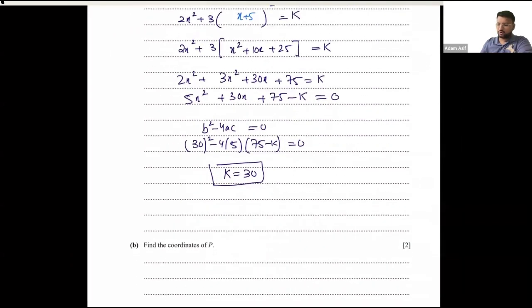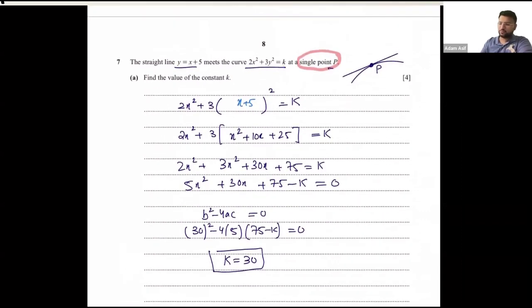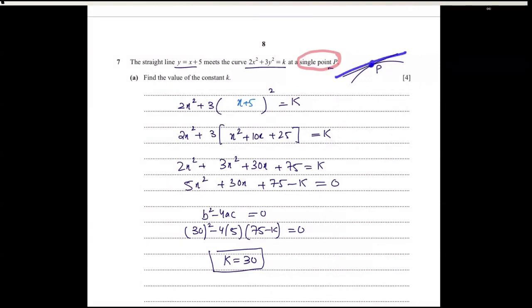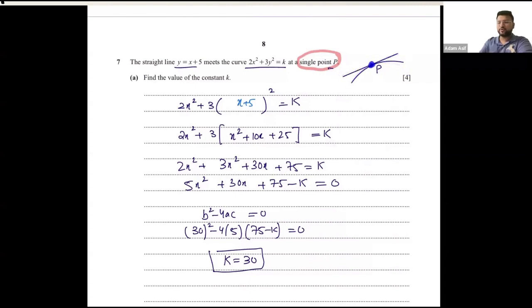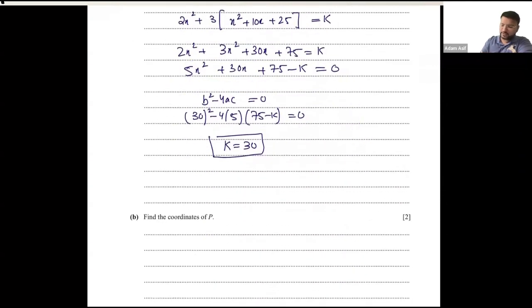Now the second part says find the coordinates of P, 2 mark question. अब आपके पास k की वैल्यू आ चुकी है, ठीक है, आपको पॉइंट P के कोऑर्डिनेट्स फाइंड करने हैं। कैसे करेंगे? बेसिकली क्या है? इंटरसेक्शन पॉइंट है फॉर द लाइन इन द कर्व। किसी भी इंटरसेक्शन पॉइंट को फाइंड करने के लिए आप क्या करते हो? दोनों इक्वेशंस को इक्वेट करते हो और साइमल्टेनियस सॉल्व करते हो, तो आपके पास एक क्वाड्रेटिक इक्वेशन बन गई। यहाँ पे k की वैल्यू आपको पता चल चुकी है। इसका मतलब है कि अगर मैं इस इक्वेशन को सॉल्व करूंगा तो मेरे पास पॉइंट P के कोऑर्डिनेट्स आने चाहिए। इस इक्वेशन को सॉल्व करने के लिए k की वैल्यू प्लग इन करनी पड़ेगी, और k की वैल्यू आपके पास आई है 30।